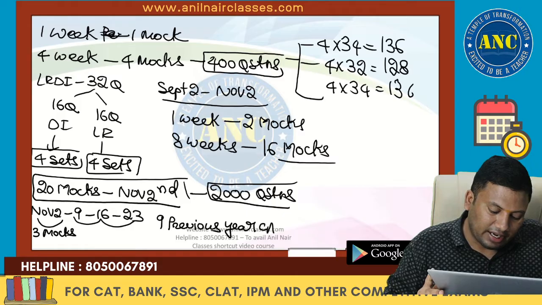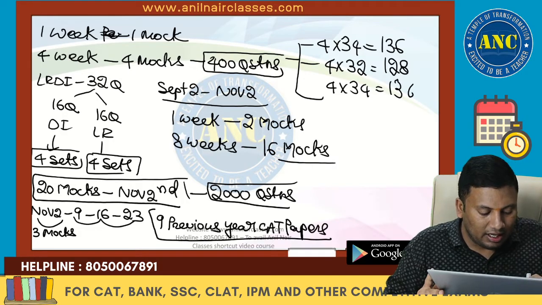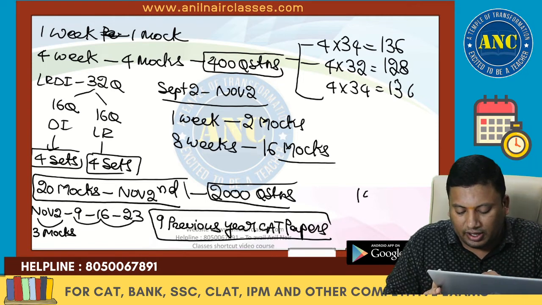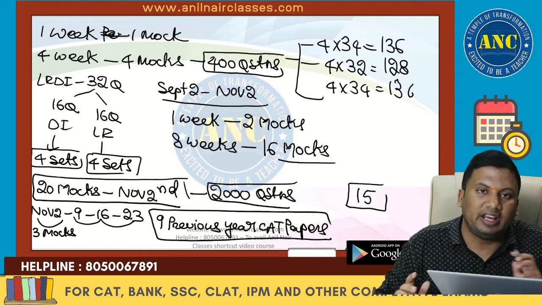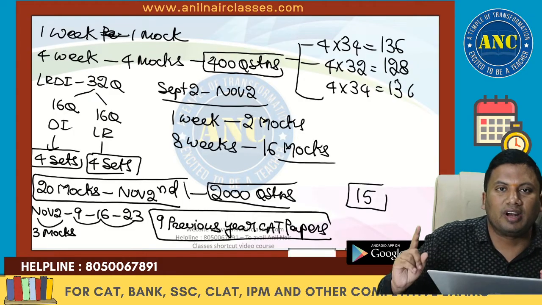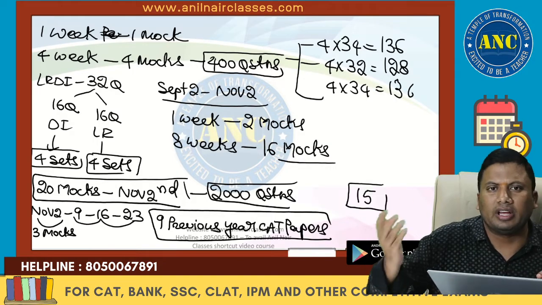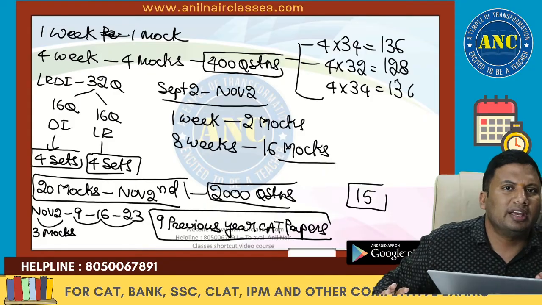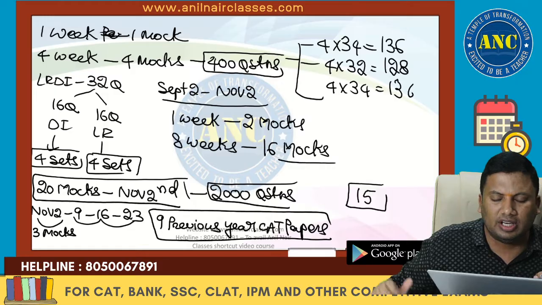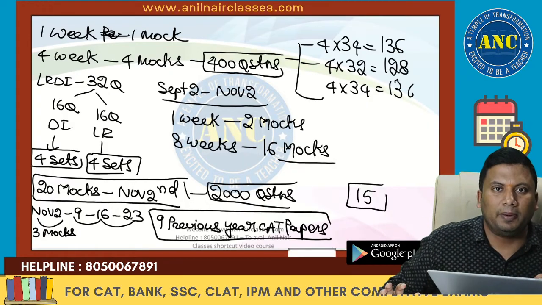The remaining 7 CAT papers, we will do topic wise. Every student has to go through the last 15 years of previous year CAT papers. 9 previous year CAT papers you will write as a mock paper, and 6 you will write by downloading the PDF. There are a few years whose CAT papers are not available. So from 1990 to 2019, 29 years, if you do 50% of it, you will be able to understand.